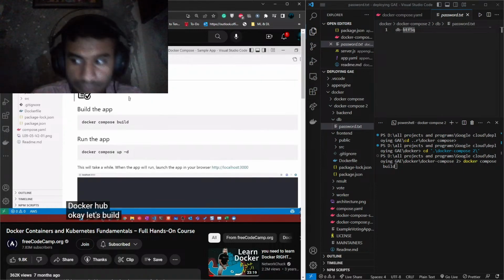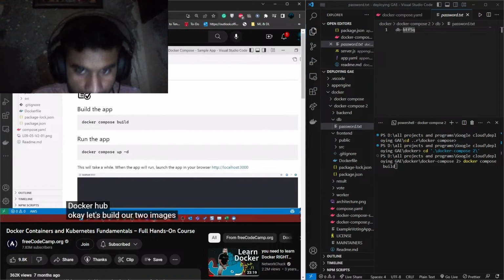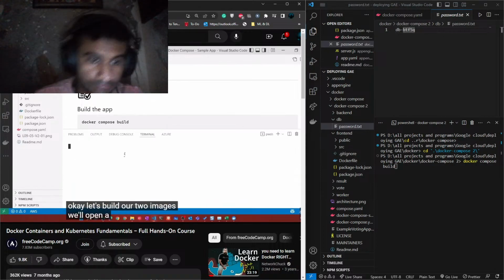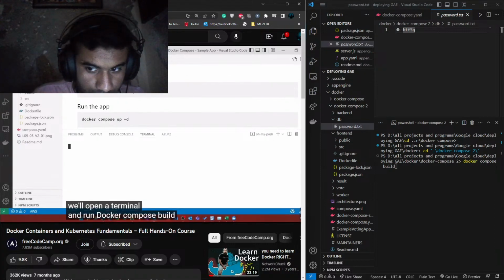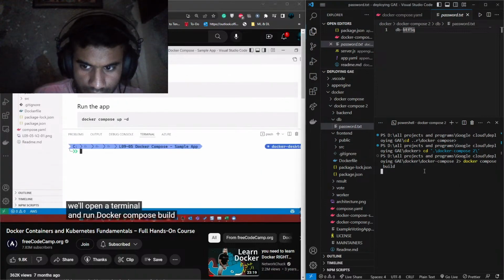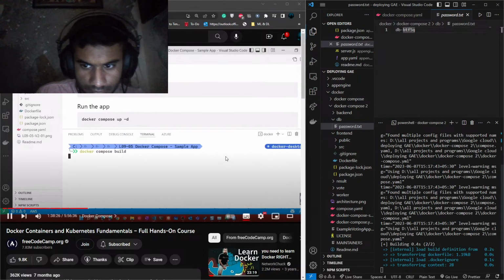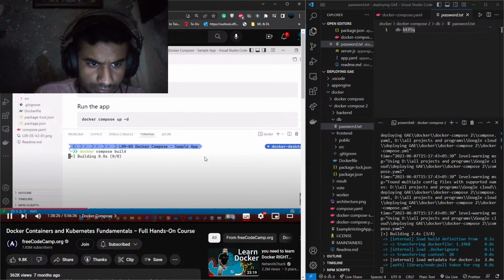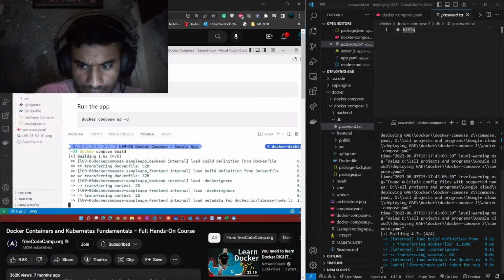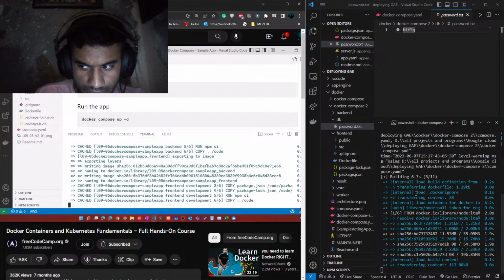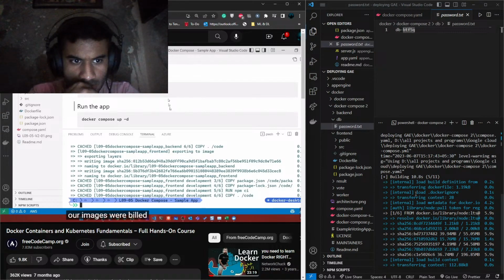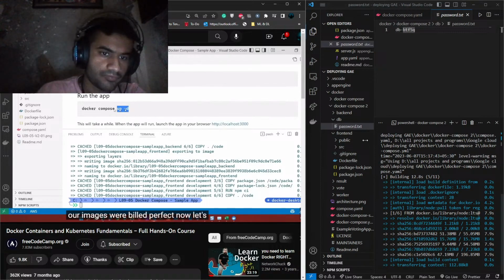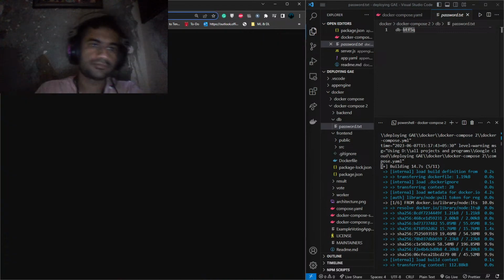Okay, let's build our two images. We'll open a terminal and run Docker Compose build. Our images were built. Perfect. Now let's run the application by using